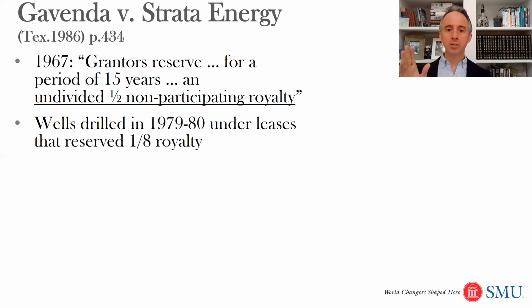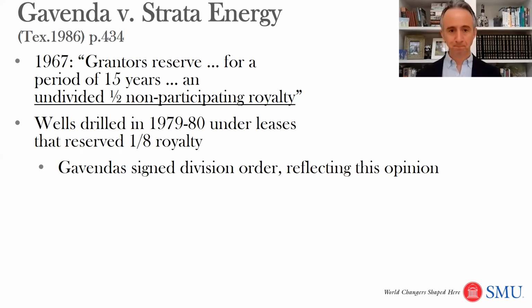Okay, so wells are drilled in 1979 and 1980 under leases from the new landowner, right? Because this is 12, 13 years after the new landowner purchased in 1967. And the new landowner says, okay, here's a lease, one normal 1/8 royalty to the oil and gas company. So the oil and gas company, what does it do? Well, it has to figure out from this oil well, how much do I give to each party? Now, obviously with the landowner, they're giving that 1/8 share.